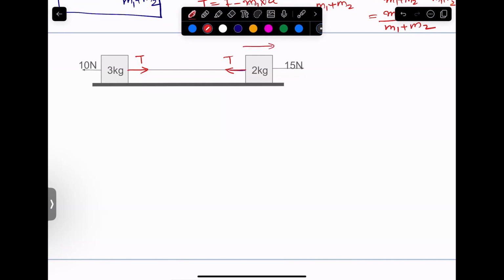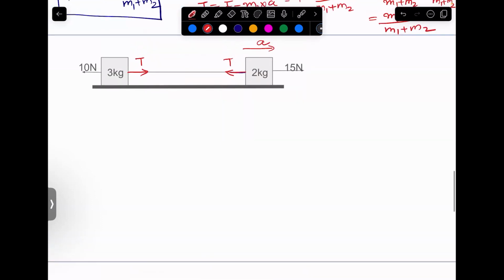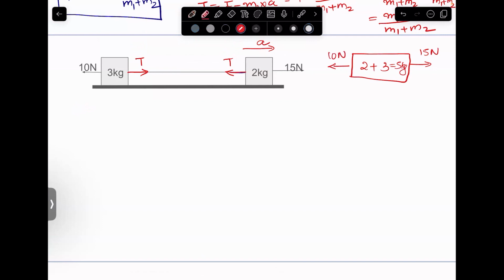Assume the system is moving along the 15 Newton force direction with an acceleration of A. We need to find the acceleration A of the system. First we will assume this whole thing to be one system, that is 2 plus 3, 5 kg. The 5 kg mass is being pulled by 15 Newton towards the right and 10 Newton towards the left. So if you're taking this whole thing as one system,